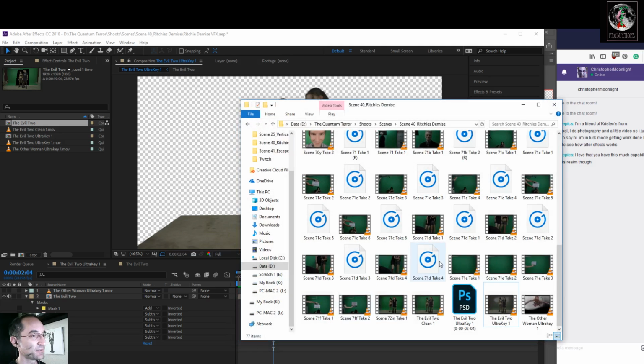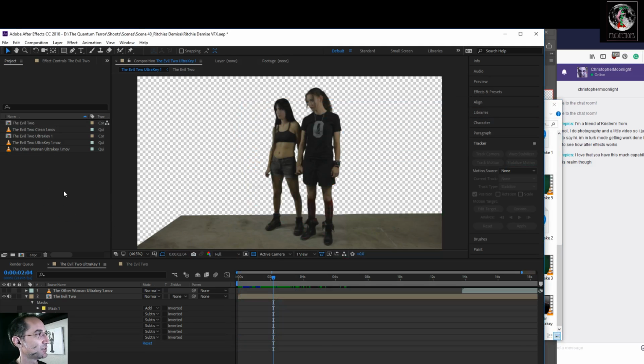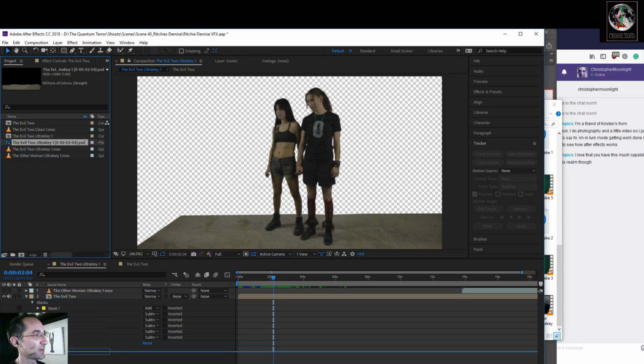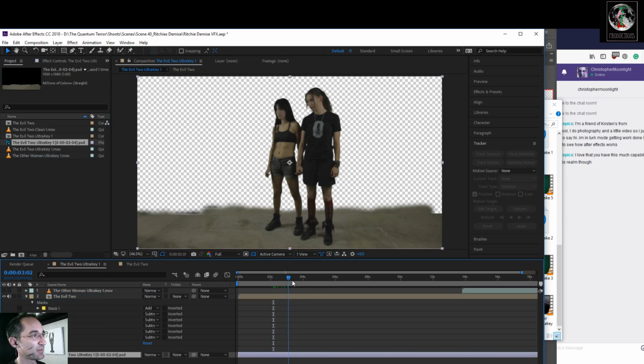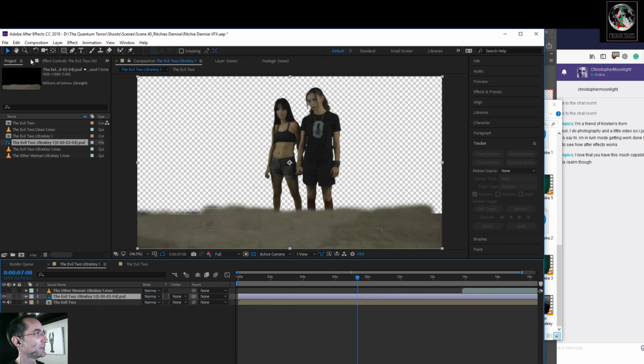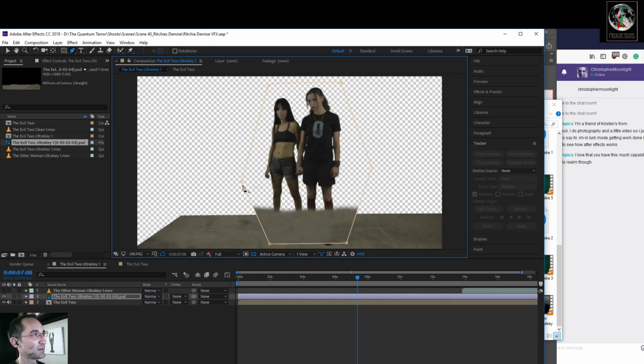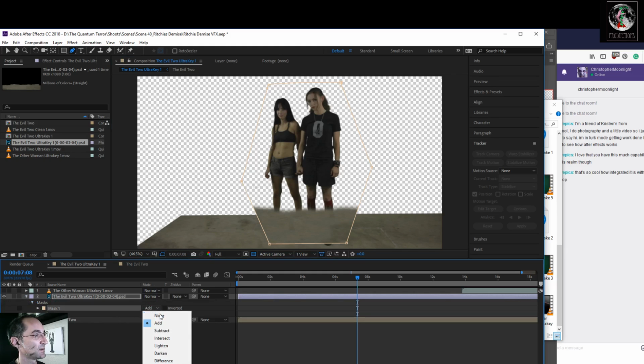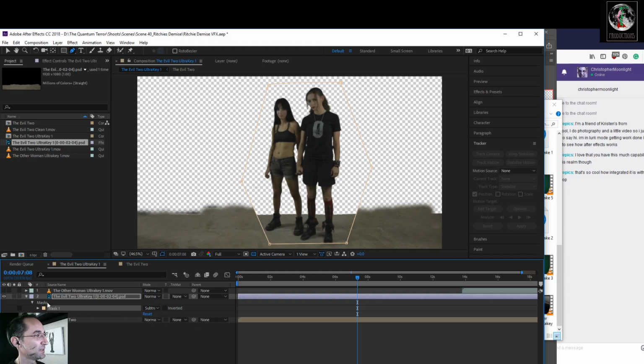Alright, so let's go in, find that Photoshop file, drag it in, merge layers, yeah, that's fine. We're going to drag it in here. So now we have a bit of a set extension. You can see there's a little bit of a difference here. What we can do is drag it over the top. That's one way we can do it. And then crop around them once again. There we go. And let's feather that mask.